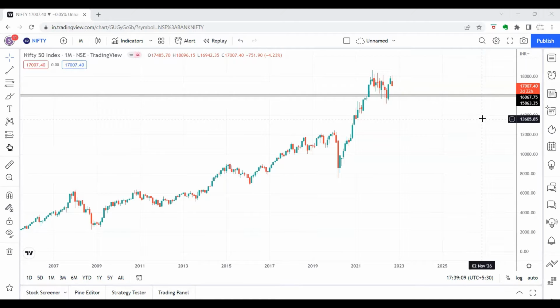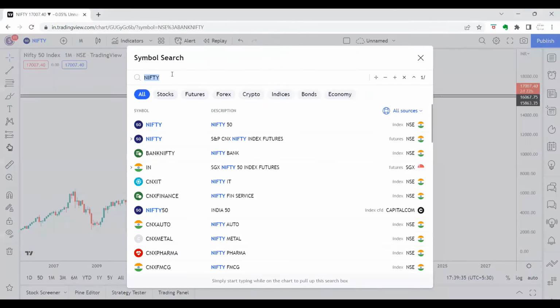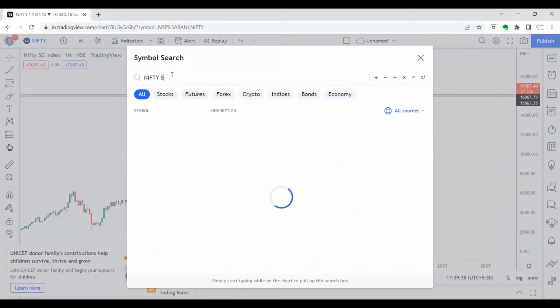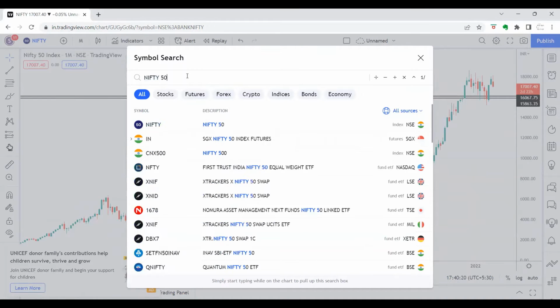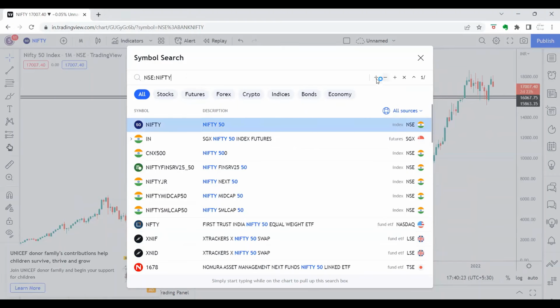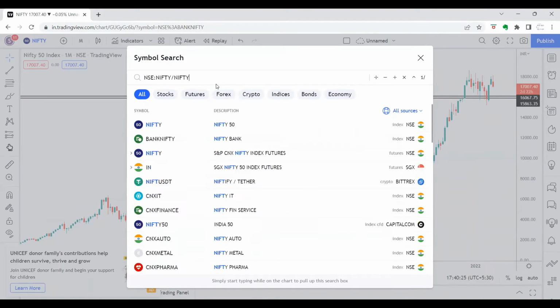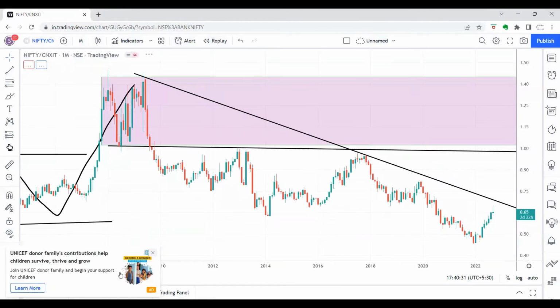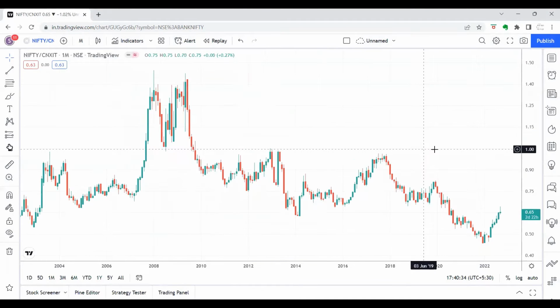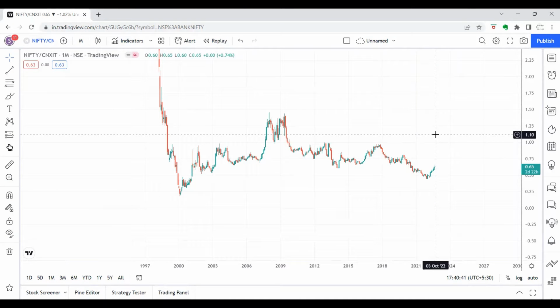So today's discussion will be how to select stocks and which sector we should choose. So guys, for that we just need to click here and click Nifty 50, so Nifty 50 divided by Nifty IT and press enter. Here we are comparing the IT sector with the Nifty 50. As we can see,